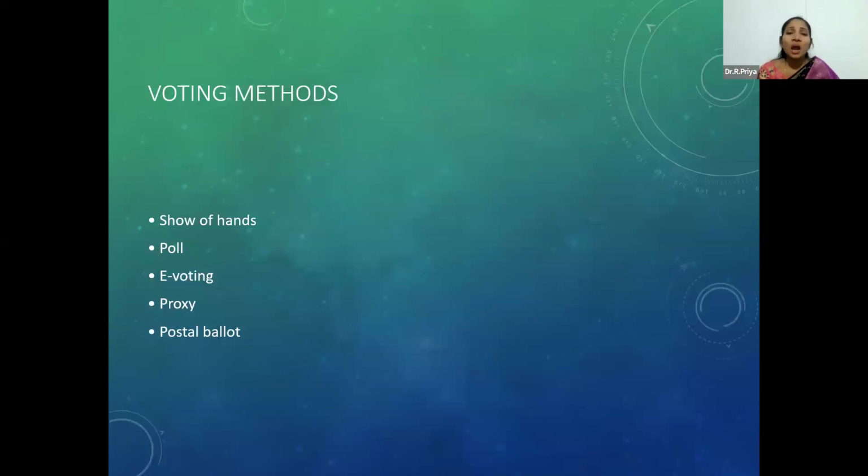Each member present has one vote, regardless of shareholding. The voting is visible and immediate also. We can understand that, right? So note it in the resolution that it is passed. It is generally used for routine matters, normally the show of hands. But the limitation here is that it does not reflect the actual voting power based